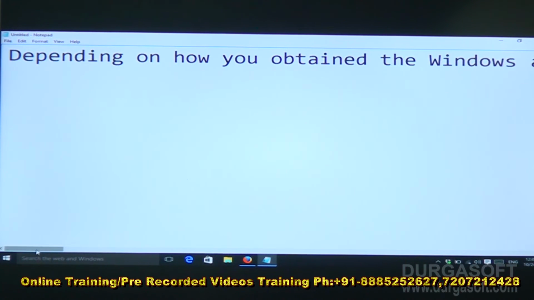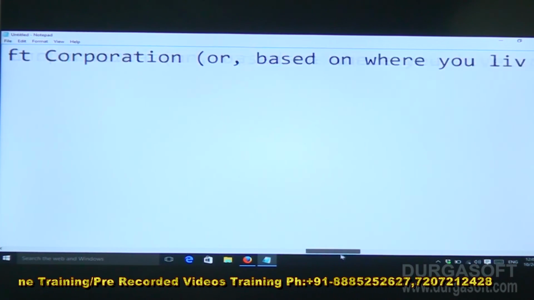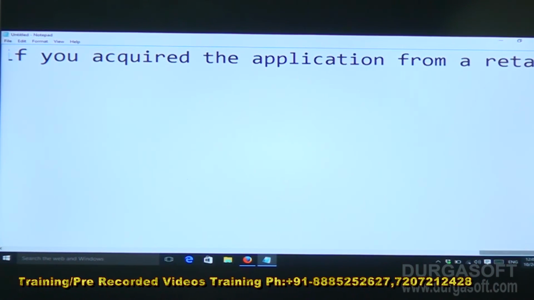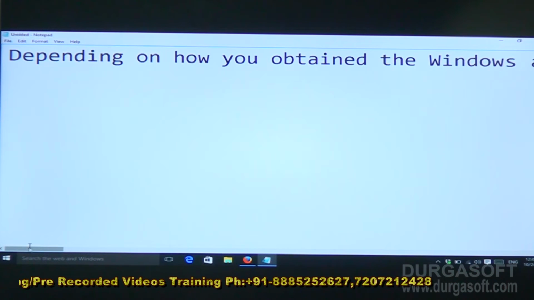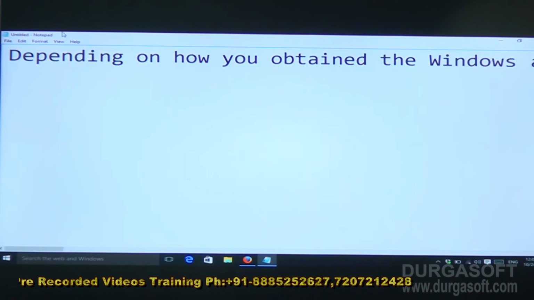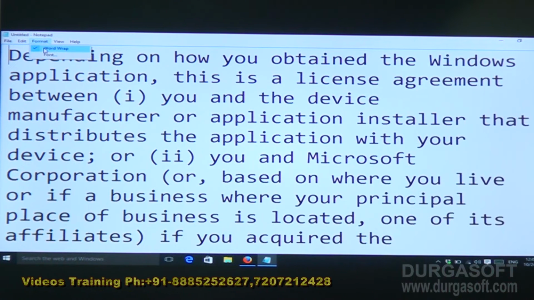And now at the bottom we can see the scrolling bar. So it will extend to the end of the page. If you want to convert a single line to a paragraph, go to Format and select Word Wrap. Whatever it may be, paragraph to single line or single line to paragraph, we can use it here in the Format